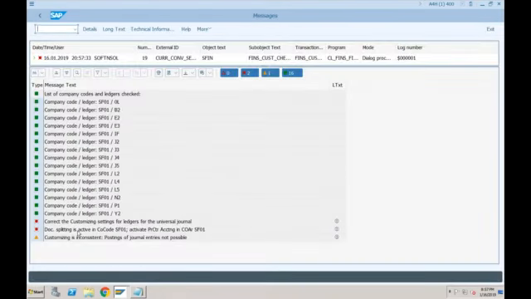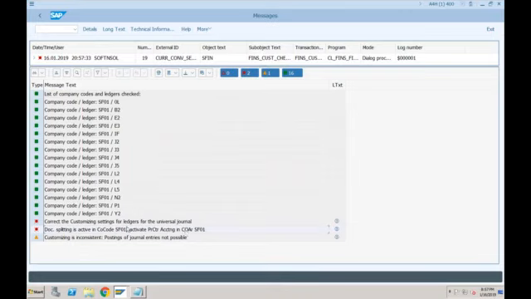What it is saying is, correct the customizing settings. These settings are okay, they are all green, but there is something wrong. This is again the normal error, and this is the actual error: document splitting is active in company code SF01. Activate the profit center accounting in controlling area SF01. I think in this system somebody has activated document splitting for the profit center level, and that is the reason the profit center is a must.